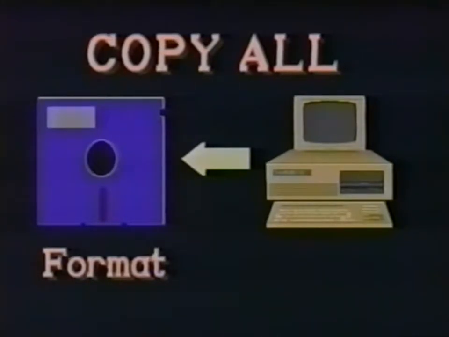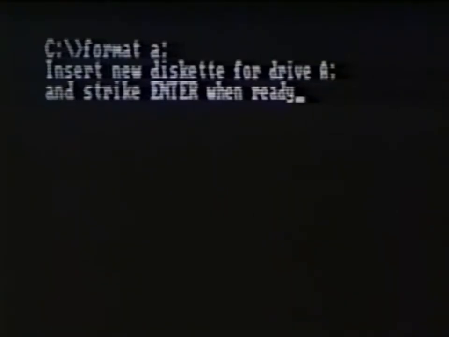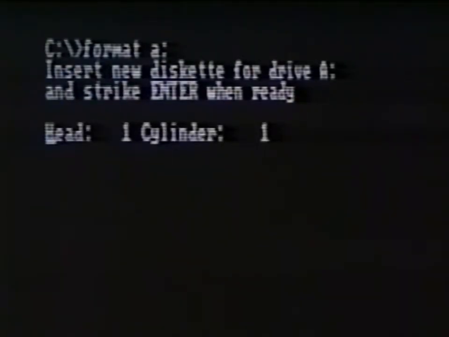Sometimes we'll want to copy all the files from our hard disk to floppy disks. To do this, we'll need some formatted disks. To format a new floppy disk, simply enter format, a space, and the disk drive containing the new disk, normally A:. DOS will prompt us to be sure this is what we want to do. A yes will start the formatting. Depending on the type of drive, this process takes about half a minute. Repeat this task as many times as necessary.